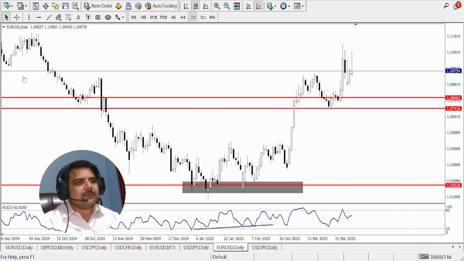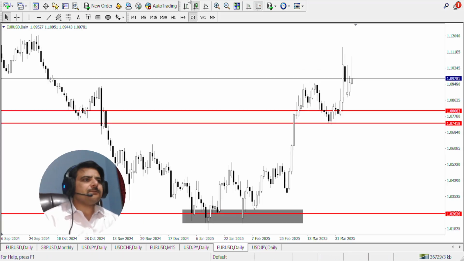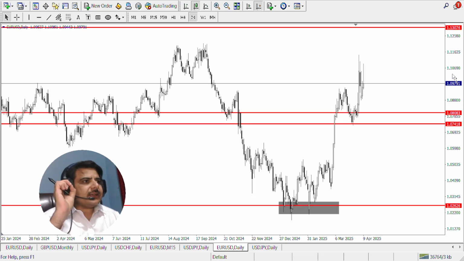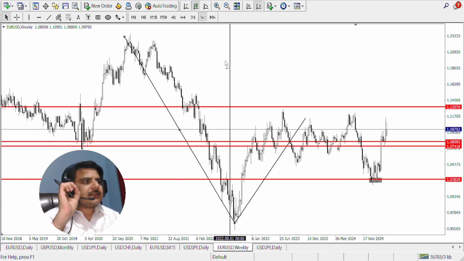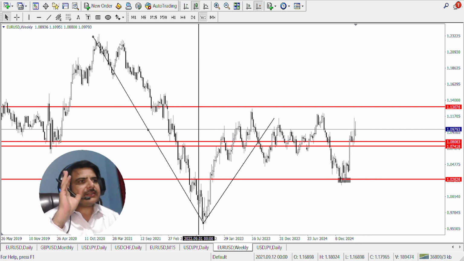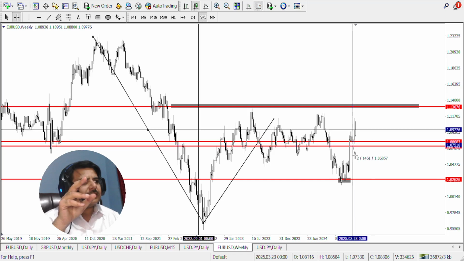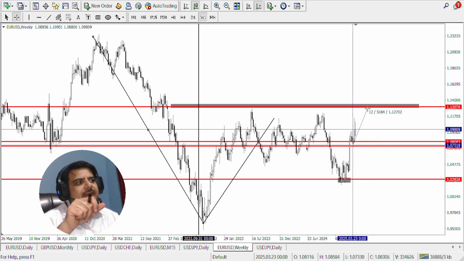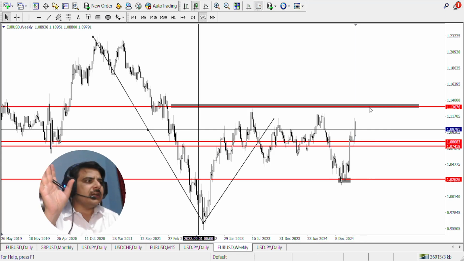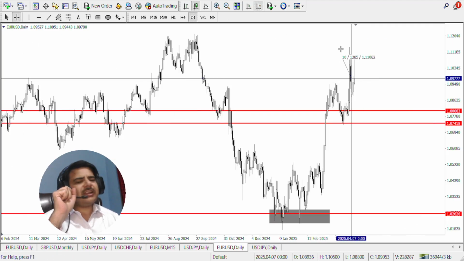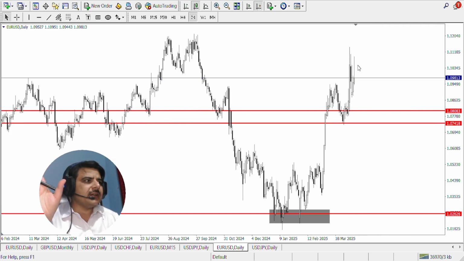Now if I make the chart a little bit like this, let me also delete this RSI for now. If we see right here on the daily time frame, what is the other resistance level we have? The resistance level is 1.13, right? So 1.13, now I have to assume since it took a retest right here, it continues back up a further 565 pips. Now to those who are trying to trade right here, I will suggest don't trade, right?